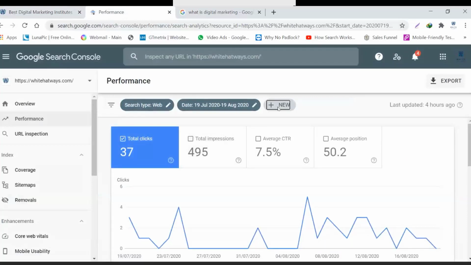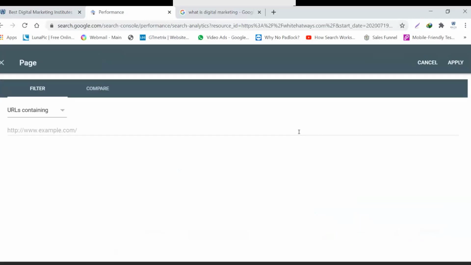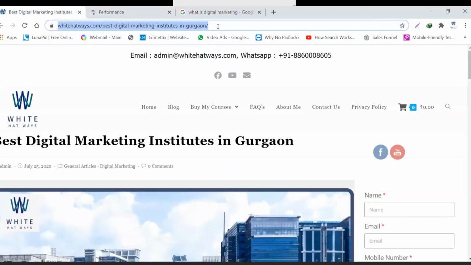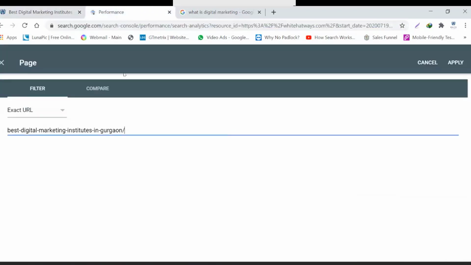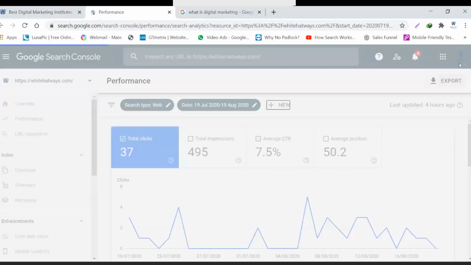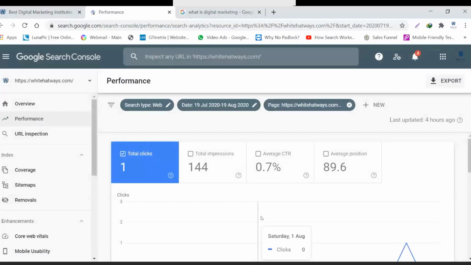Again, I click on plus sign, page. So again, it has exact URL. So you can go ahead and type exact URL also. In that case, what would you do? You will just type the entire URL. You will just take it from here, Control C, and just type the exact URL over here, which is this. So in case you want to go in for the exact URL, that would also be perfect. Apply and see. Again, the data that populated is the same, only because obviously you have the same URL.